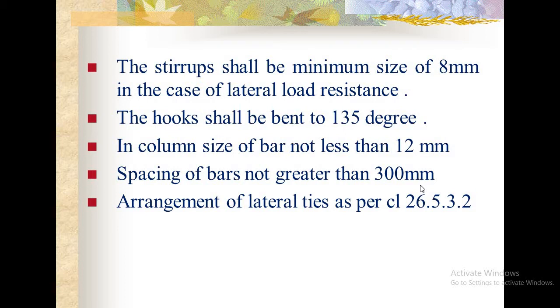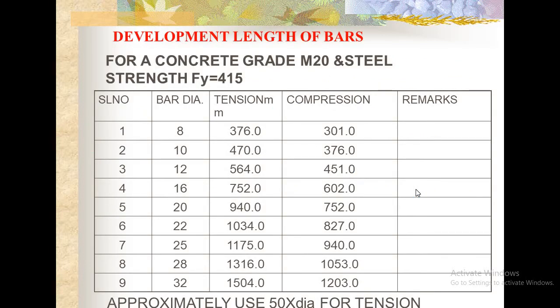The arrangement of lateral ties should be as per clause 26.5.3.2 of IS 456. The development length of bars. Actually, for a concrete grade M20 and steel strength Fe 415, for tension, the development length normally we provide is 47 times the dia for tension bar, tension member, and for compression 37.6 times the dia. So this is an approximate